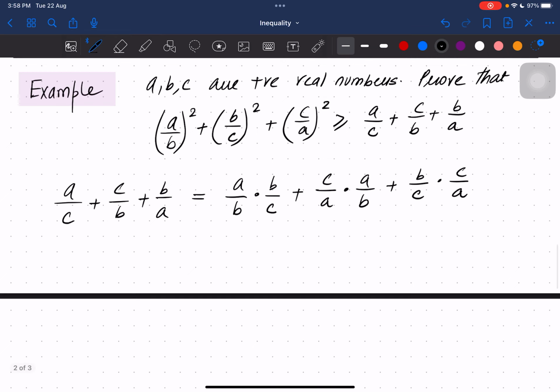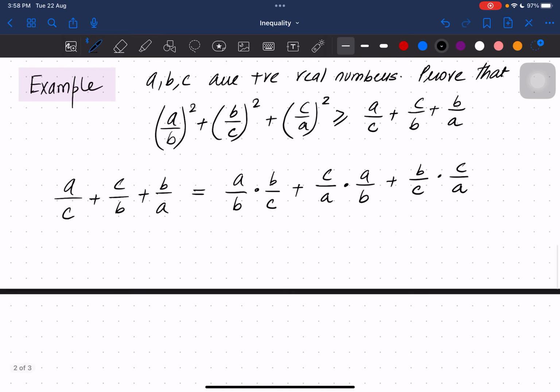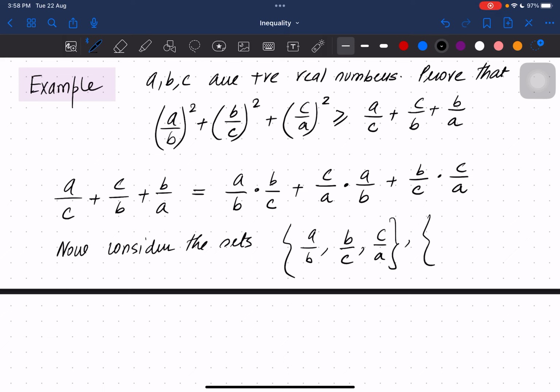Now if we apply the Cauchy-Schwarz inequality, consider the sets. We take the first element from each of them, and the second one is b by c, c by a, and a by b. Then what we have is